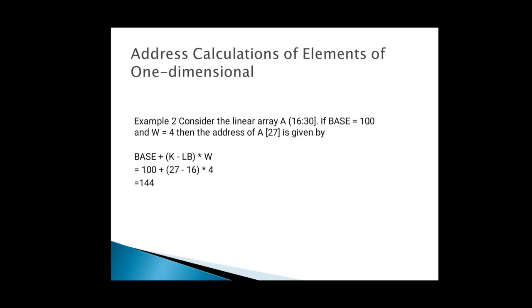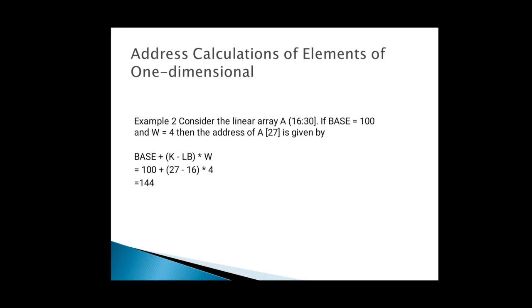So value of k is 27 and lower bound is equal to 16. That can be obtained by the notation 16 colon 30. Here LB is equal to 16 and UB is equal to 30. Here we put the value 16, into W is equal to 4, that is given, and we can calculate it as